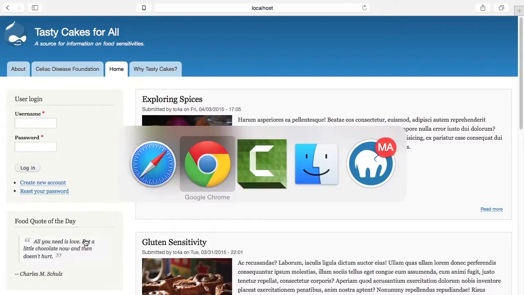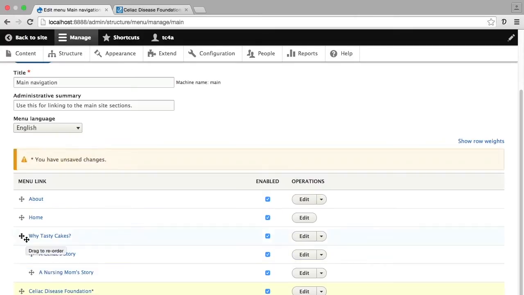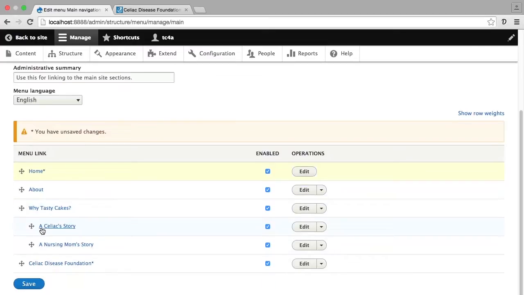Let's head back to the page where we're managing this particular menu. And I want to point out that there's a very familiar element here that you've seen before in the block management, which are these little grabby handles next to each title. These grabby handles allow you to reorder your menu items. So I'm going to go ahead and do that right now. I want Celiac Disease Foundation to be the last link in the list, and I want Home to be the